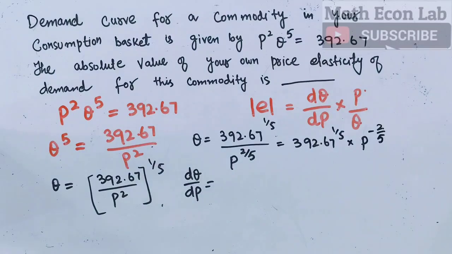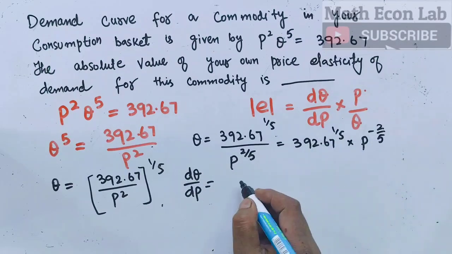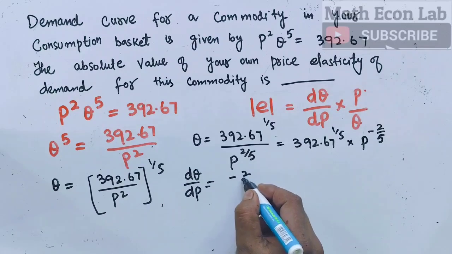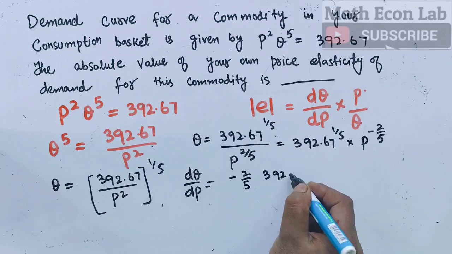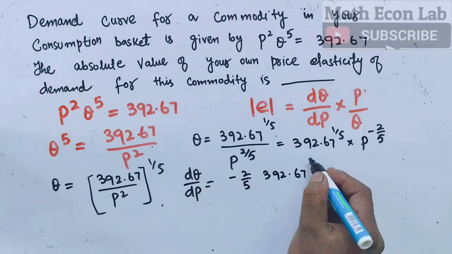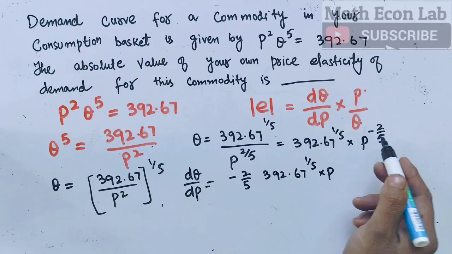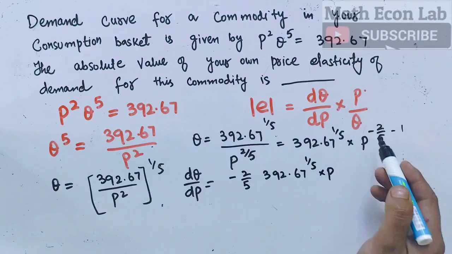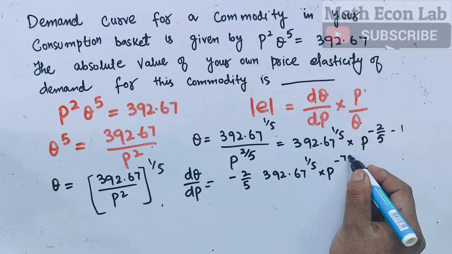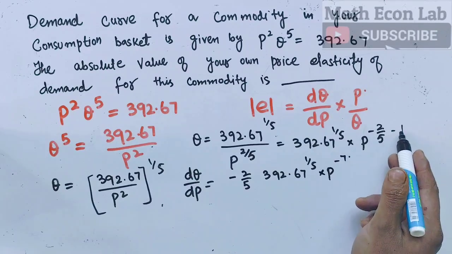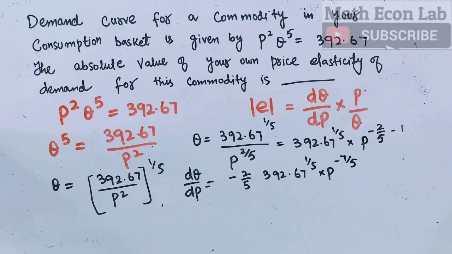Now the derivative of this function with respect to p, exponent of p becomes coefficient, so we have minus 2 upon 5 times 392.67 raised power 1 upon 5 times p raised power, exponent is subtracted by 1, so we have minus 2 minus 5, which is minus 7 upon 5. Okay, now